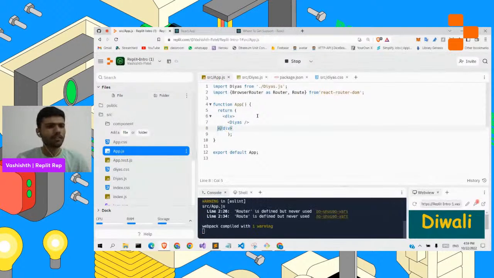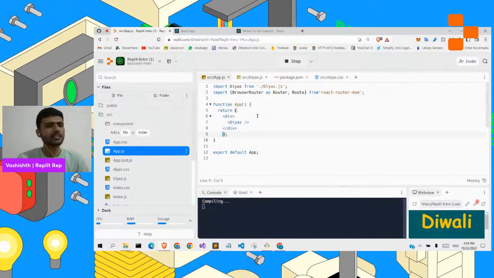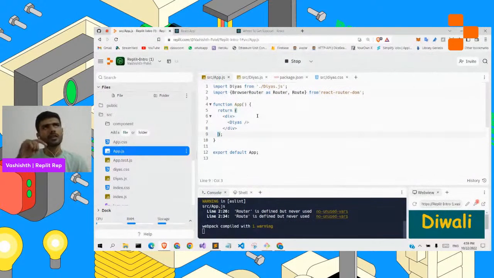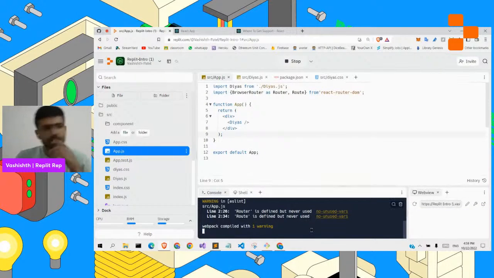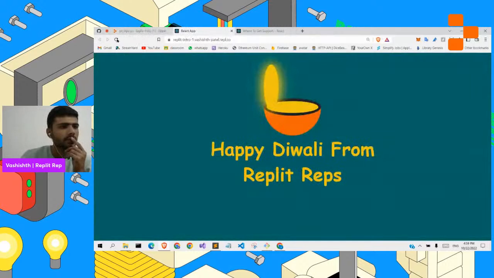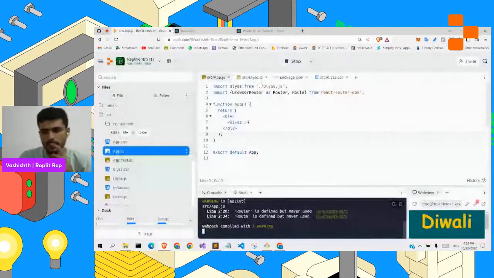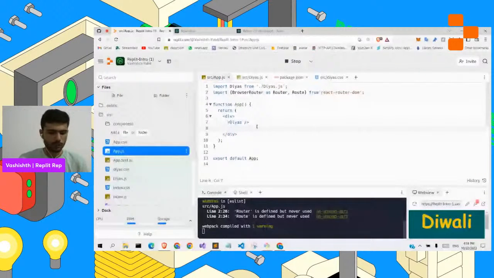Basically there is a problem with CSS, because if anything is having another node in our DOM, then there would not be anything else. Okay, so now it is working fine. So okay, fine. So now let's just have a router here,